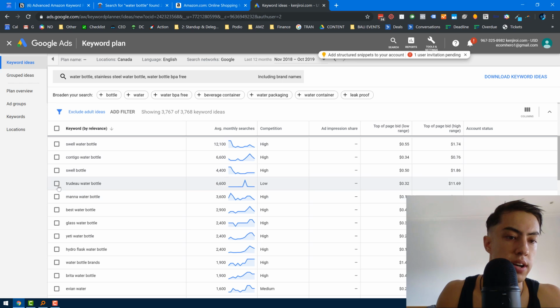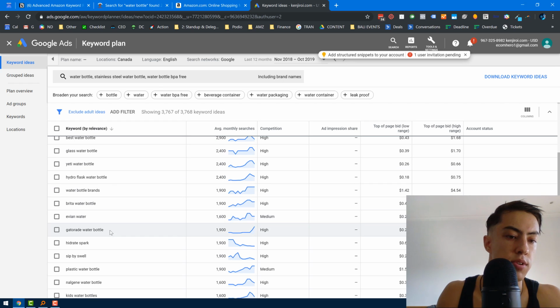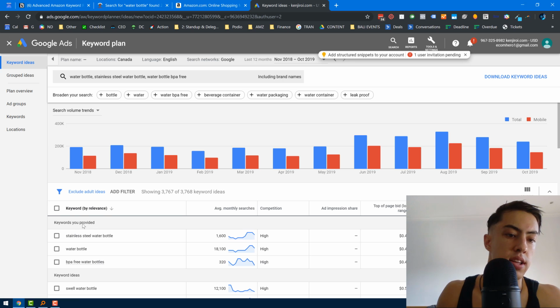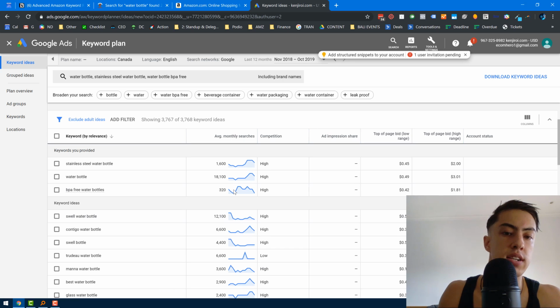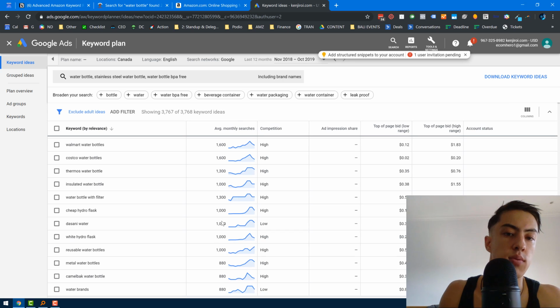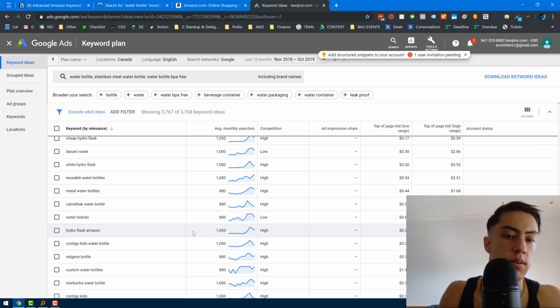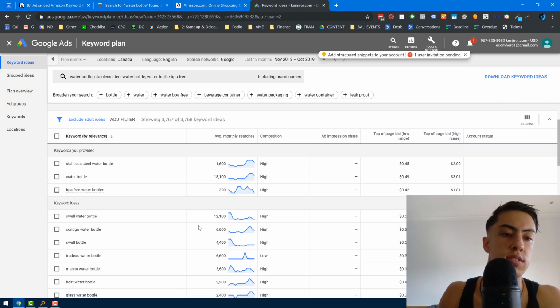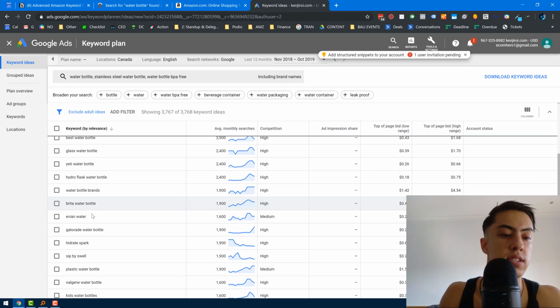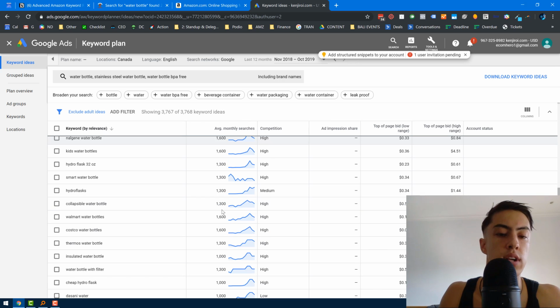Okay, so we're starting to get a little bit better here. Plastic water bottle, Hydrate Spark, thermos water bottle. This is not the most amazing information here, but at least I would take ones that have more than 1,000 searches and include those in my Amazon keywords, because if that many people are searching for these on Google, a lot of those people are probably also going to be searching for the same thing